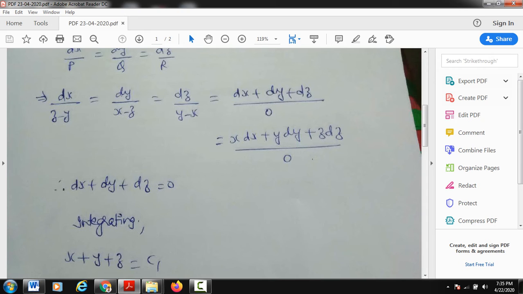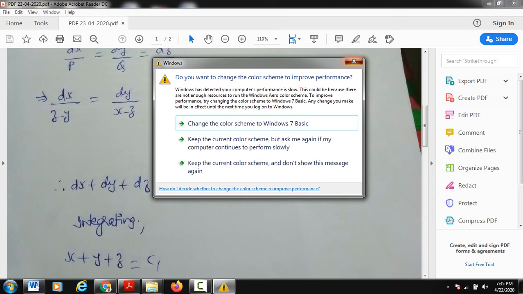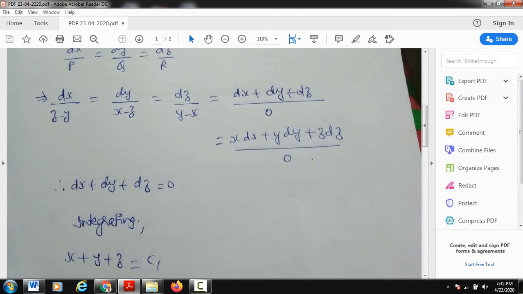So I am going to use the method of multipliers. Okay. So first of all I am taking the multipliers as 1, 1, 1, means I am taking dx plus dy plus dz. So if I add all these factors, that is z minus y plus x minus z plus y minus x, I will get the answer as 0. Please verify this result also. Okay. After it, there is another multiplier that I have taken, because I am interested in two solutions, not in one solution. So I have to introduce one more multiplier.